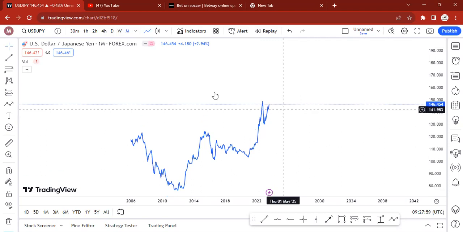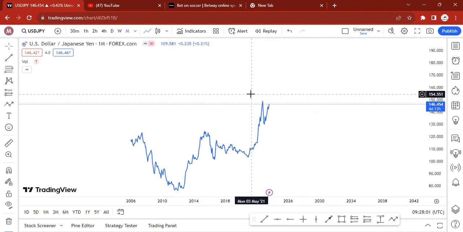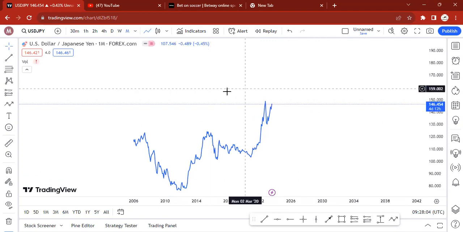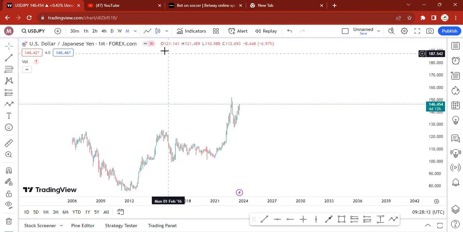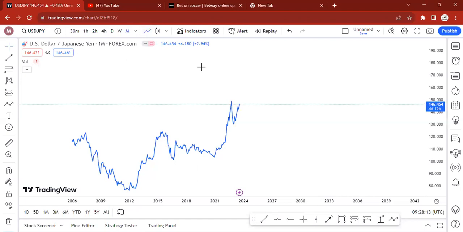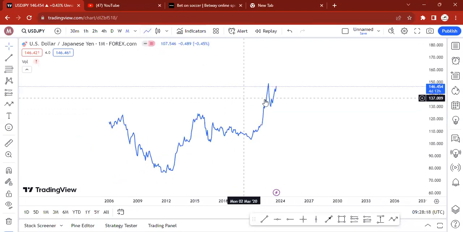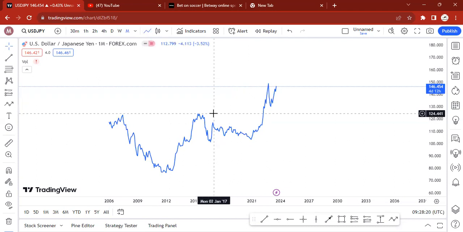Okay, first we're gonna analyze USD JPY. So we have two options here. You can turn the candlestick charts or you can use the line chart. So now look at USD JPY. We're just going to render